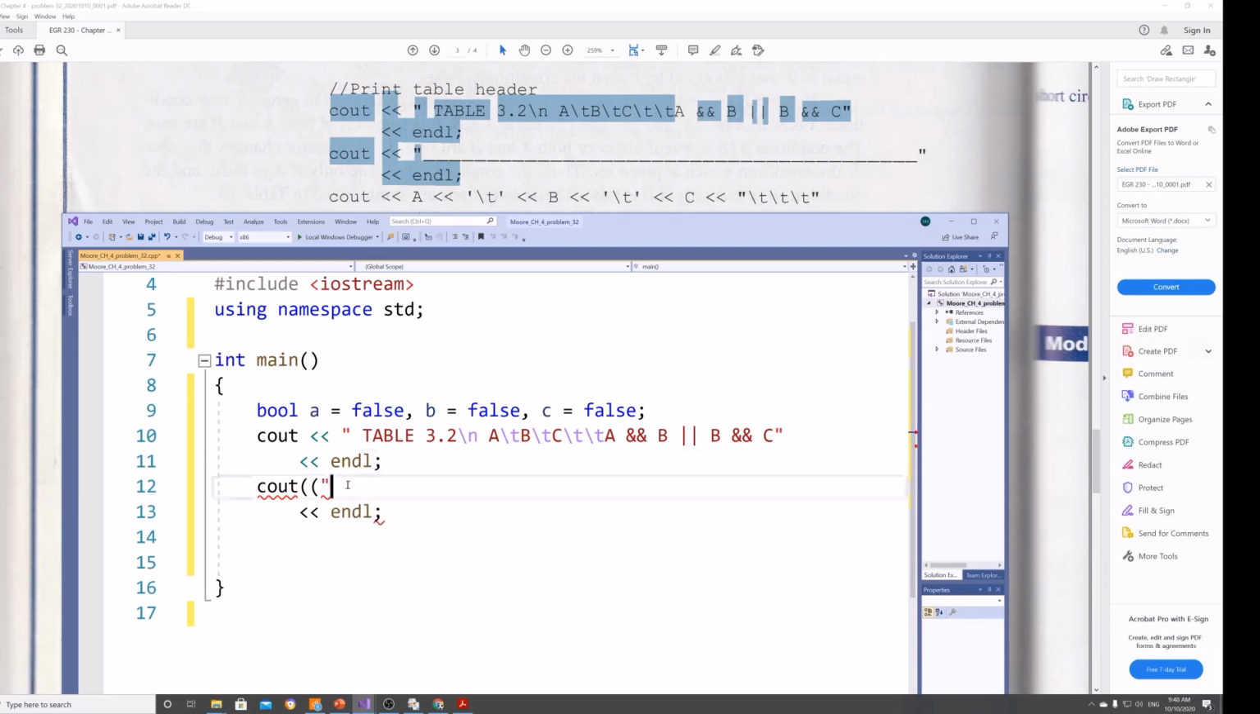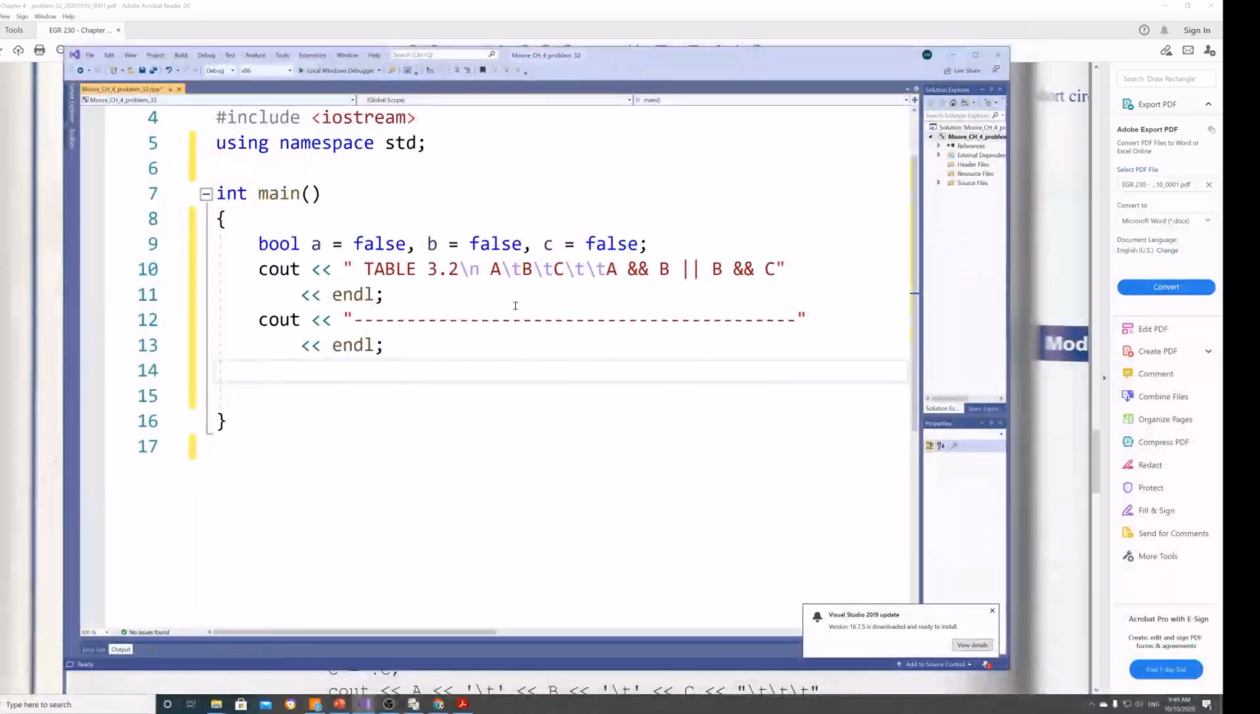Okay. Then the next thing we have is all these dashes. So I'm just going to do cout, and I don't need this stuff. I need this. Okay, a bunch of dashes. Okay, and endl. All right, so that's pretty much that part. And then we'll do the same thing. We'll use tabs when we actually display the variables. Okay. So we do this, File, Save All,